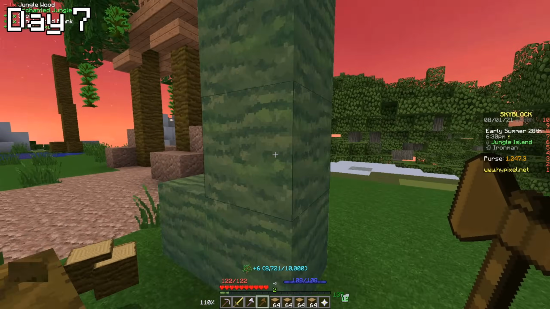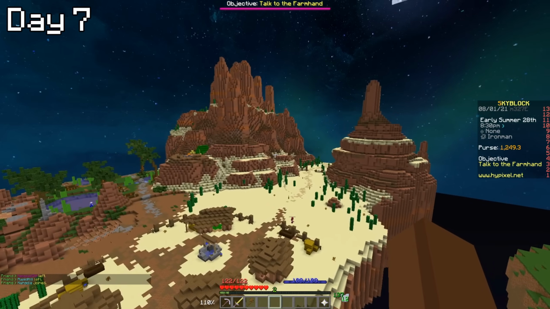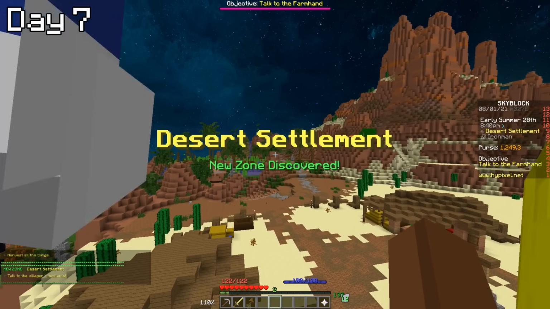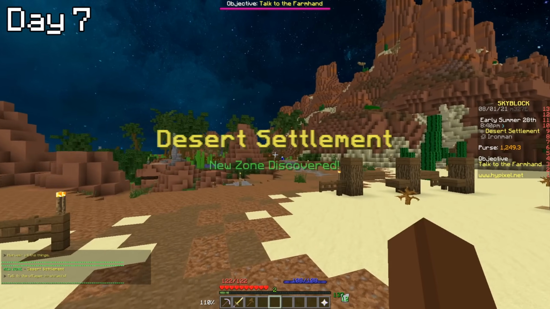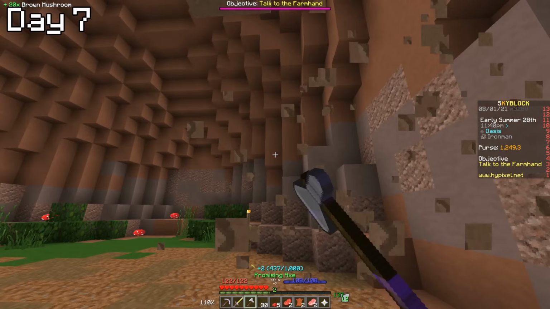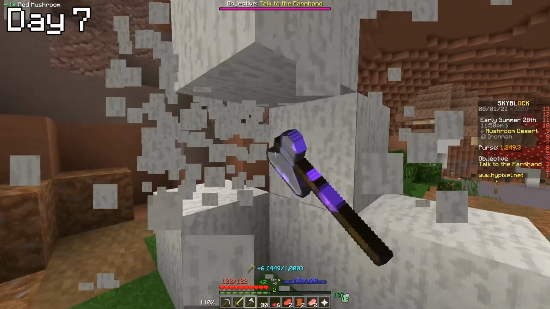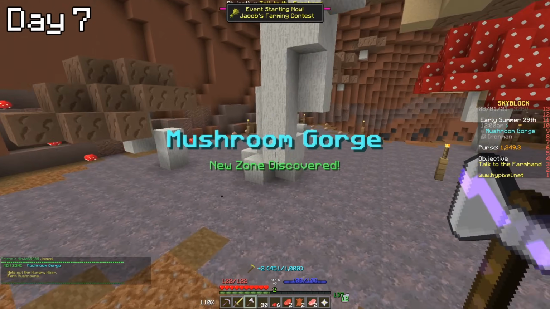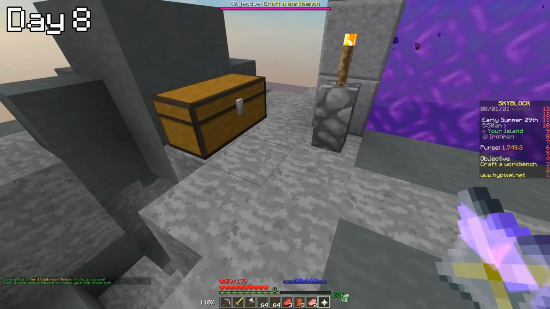For day 7, I realized I'm still not wearing any armor whatsoever, so I decided to get myself mushroom armor, and for that we're going to need some red mushrooms. So I went ahead and started collecting them on the farming island, and well, we managed to get ourselves a mushroom set fairly quickly, and once that was done, it was already